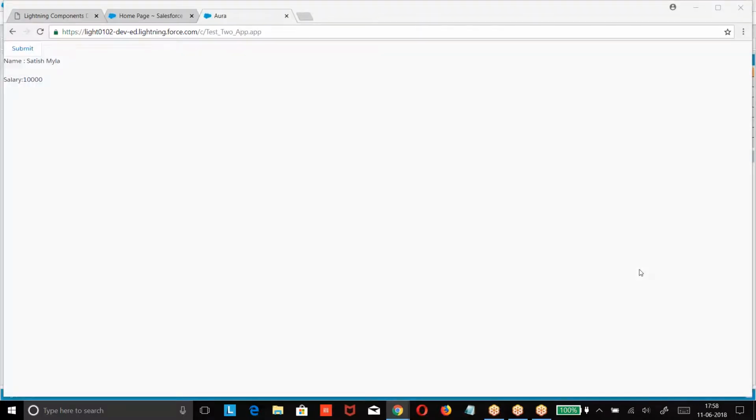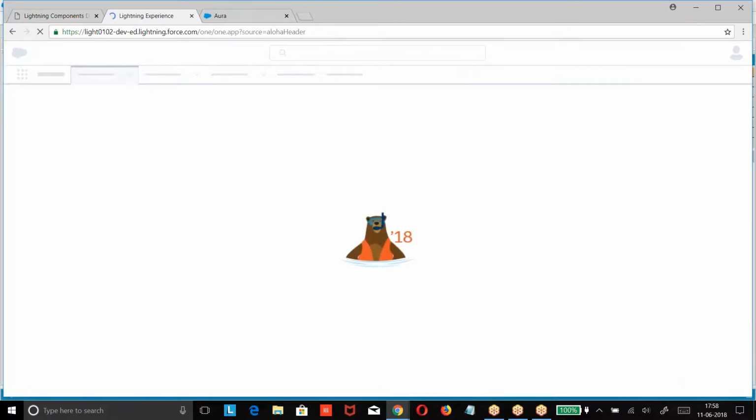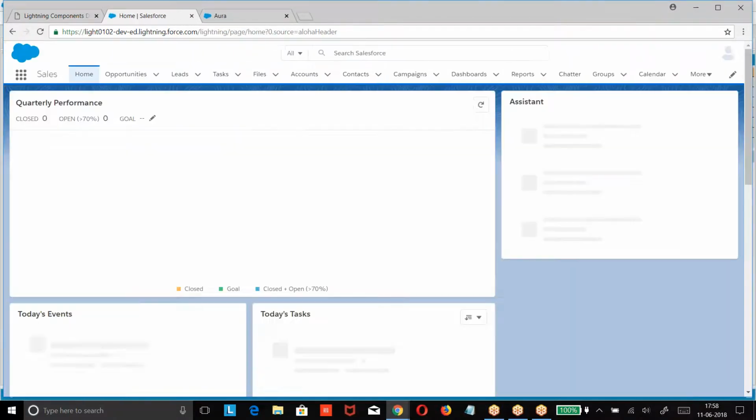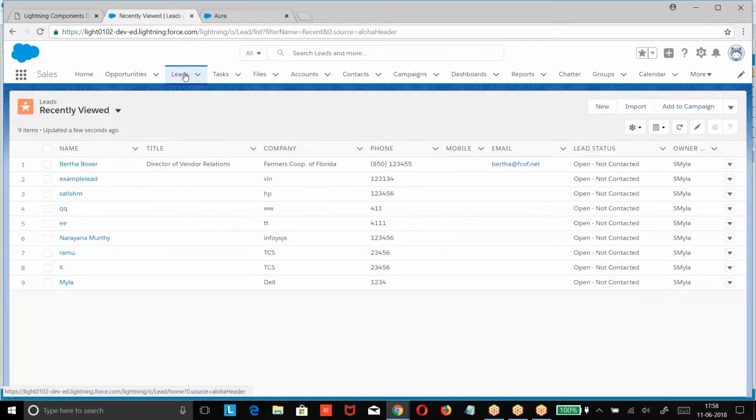Our concept is we want to override the standard button. Look at the point. I am going to the Lightning, and in the Lightning I'll go to the lead. What is the option we had here? This new button I want to replace with my custom logic.